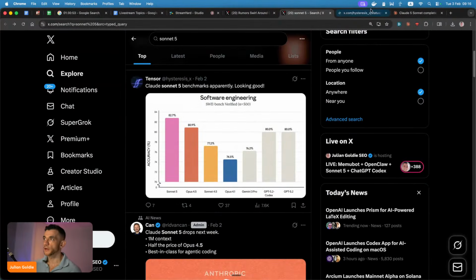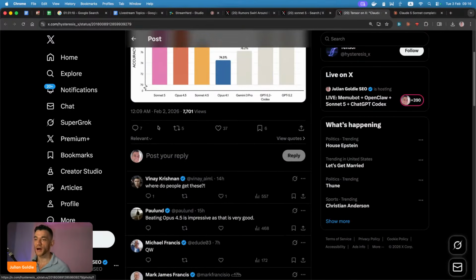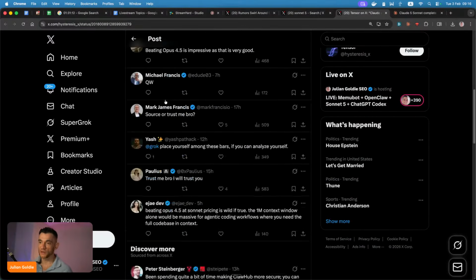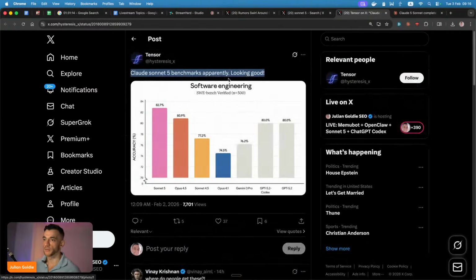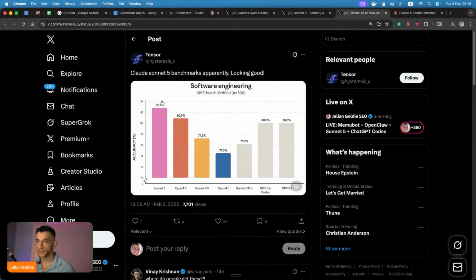These are some of the benchmarks that have been leaked as well. Apparently, according to this chart, you can see that we've got Sonnet 4, Sonnet 5, Opus 4.5, Sonnet 4.5. Someone could have just made this up, right? You've got to be careful with this stuff. But I just want to show you what's being leaked and what people are talking about at the minute, etc. So you can see here, for example, that Sonnet 5 is expected to outperform Opus 4.5